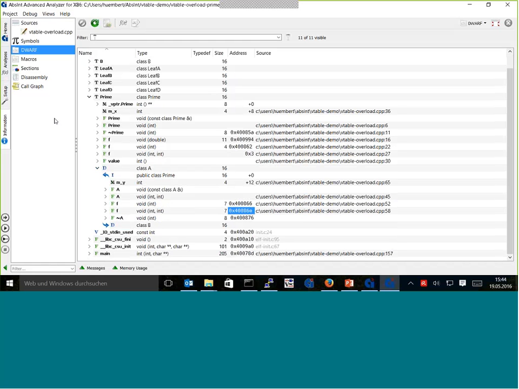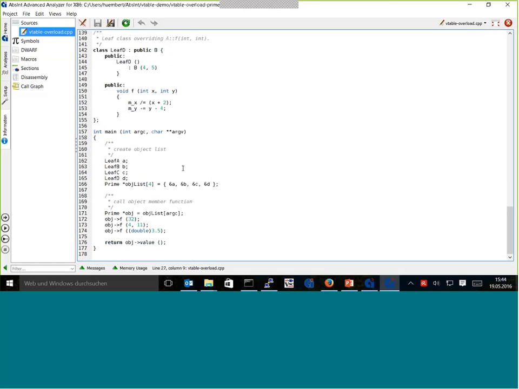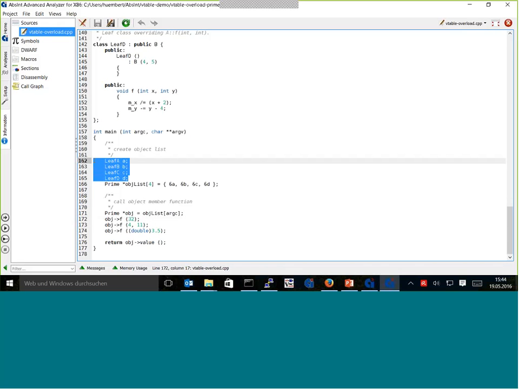All right, so let's have a look at the analysis here. But first let me show how the source file ends. We have a small main program. It declares 4 objects of type leaf A, B, C, and D. And then we have an object list with 4 elements, namely these A, B, C, D objects. And this list is of type prime, or prime pointer, basically, because we have different types and we want to put them all together in just one list. And then, depending on the program's argument, we select just one arbitrary object out of that list,